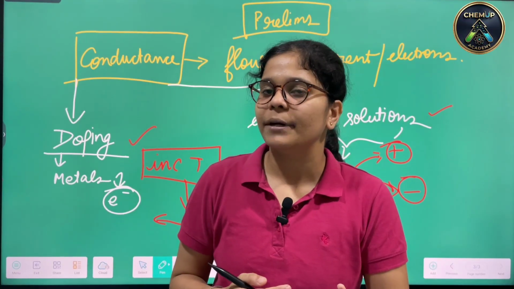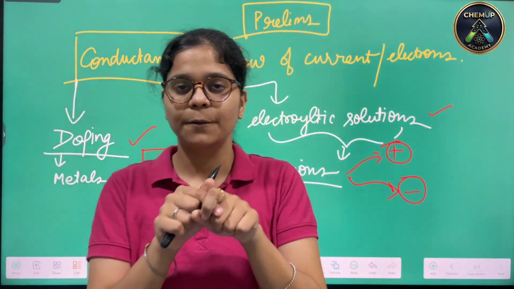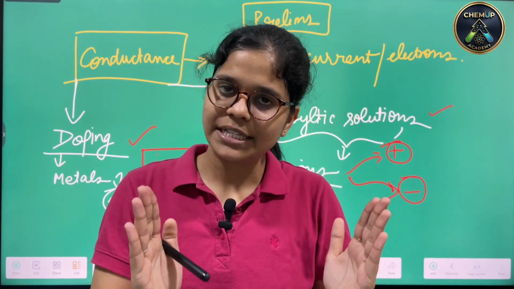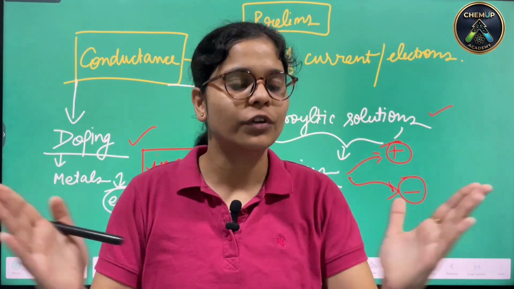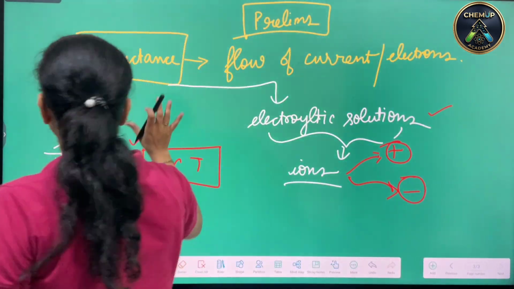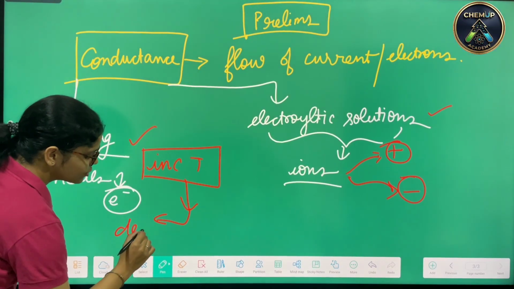Since they are moving in that particular space, the space is specified. It is saying that only this much amount of space is available for electrons to move around. Since the space is specified, the conductance with increase in temperature usually